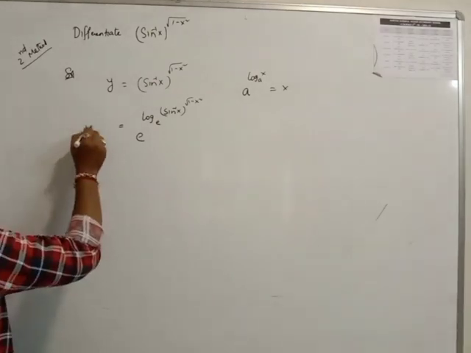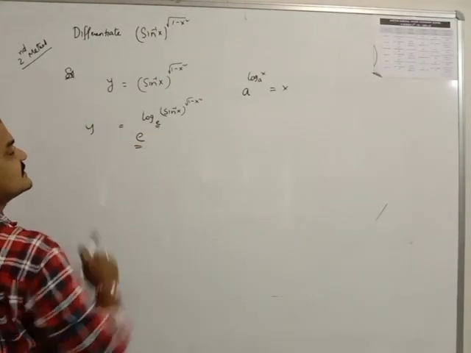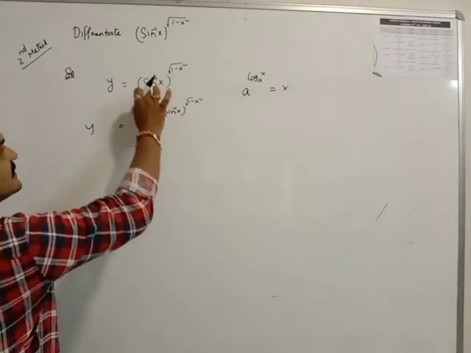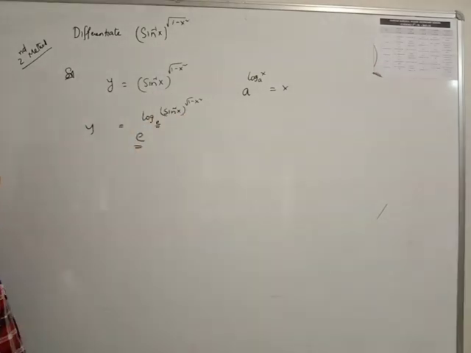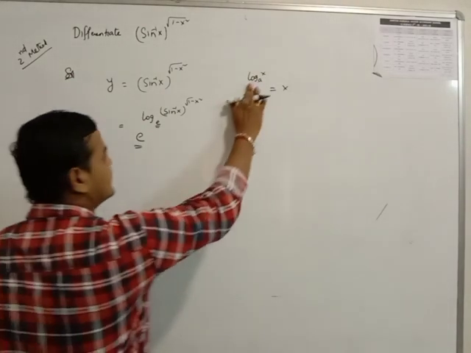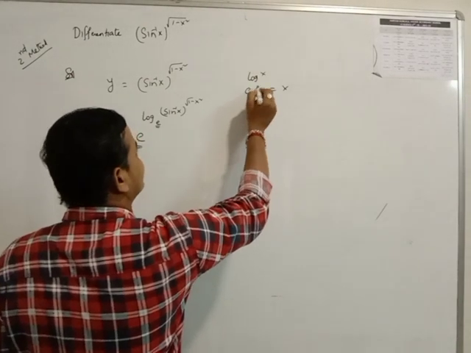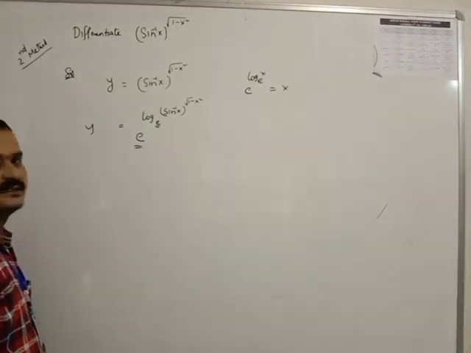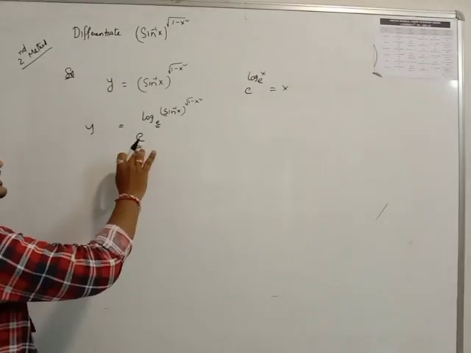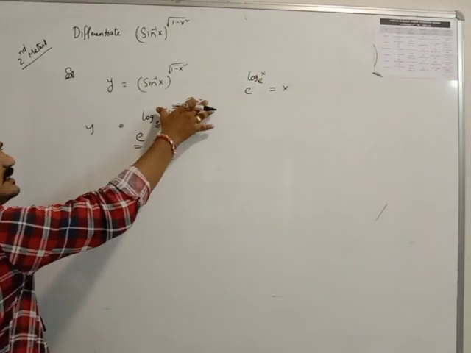See, this base is cancelled. So finally you are getting this one, like that they are written. a to the power of log x base a, here a I have now written as e, e to the power of log base e. Here the base and power must be equal, which means both cancel. It will be only the common part.